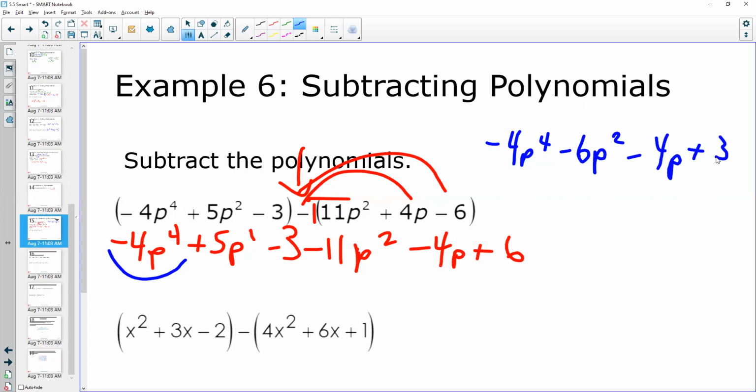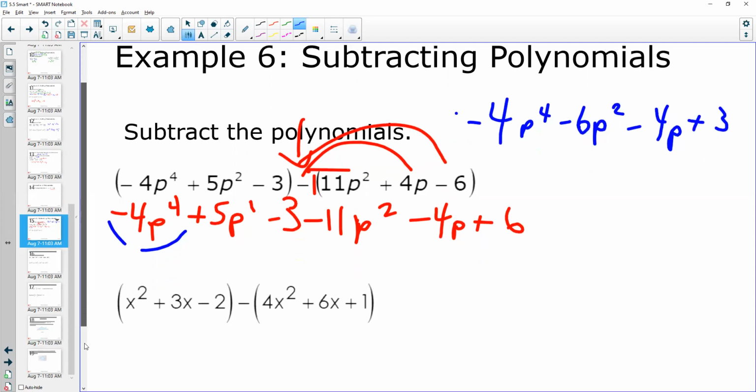Okay, let's see. That was a minus. Oh, wait, you know what I did wrong? Did you see it? Okay, when I looked at the first term, it was a minus 4. No, it was right. Minus 4p to the fourth. I did it right. I know what I did. Okay, so